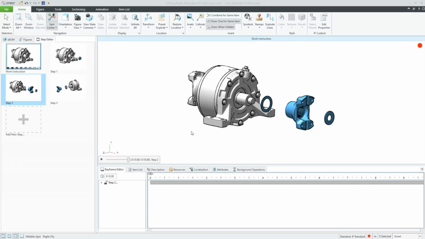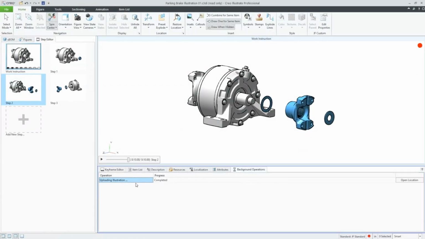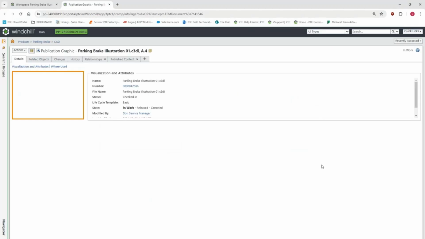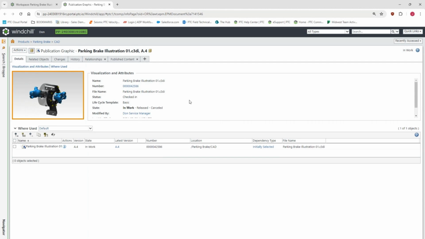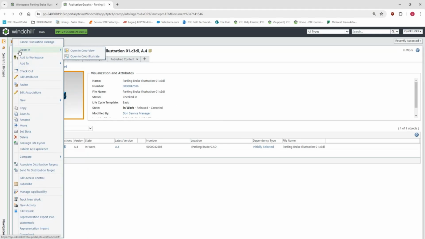Since I'm done with my illustration, I'm going to go ahead and check it back into Windchill. So that would make that a version iteration controlled file within Windchill. And if any changes happen to that file with regards to the CAD model itself, because the data is all linked through Windchill, I can easily pass those changes down into my technical graphics. And then just navigating back